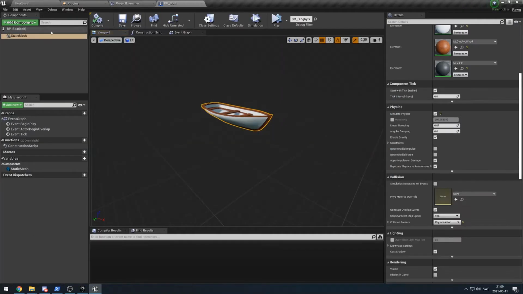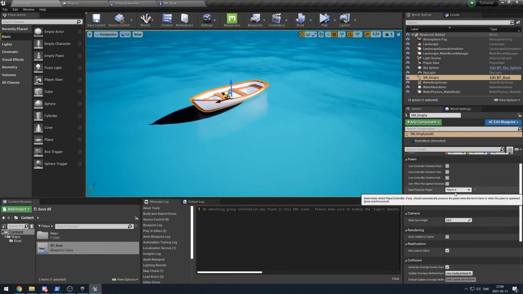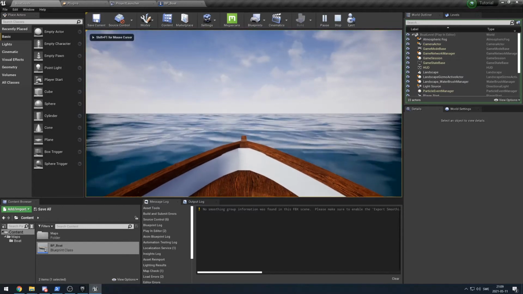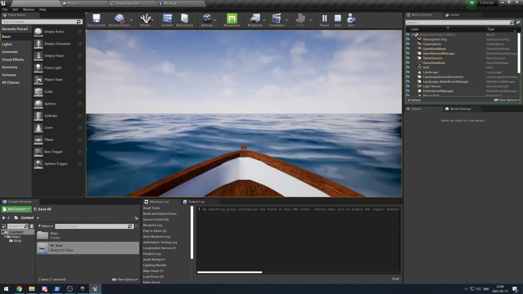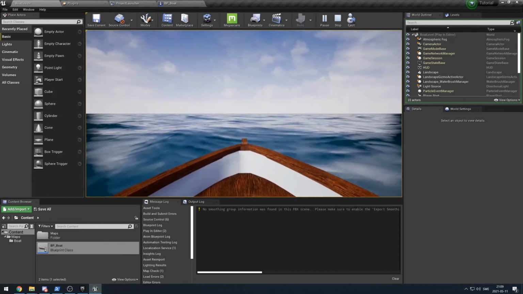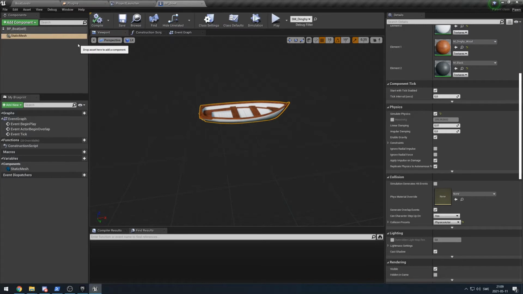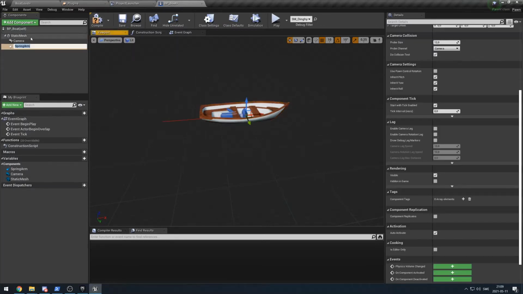So first of all, we're probably gonna need a way of possessing the boat. And right now, if we do this by just forcing Unreal to possess the boat at launch or at play, it's not gonna look great. Oh, it's looking actually pretty cool, but I'd like to turn my camera around a little bit and get a better view. So I'm just gonna add a new camera component